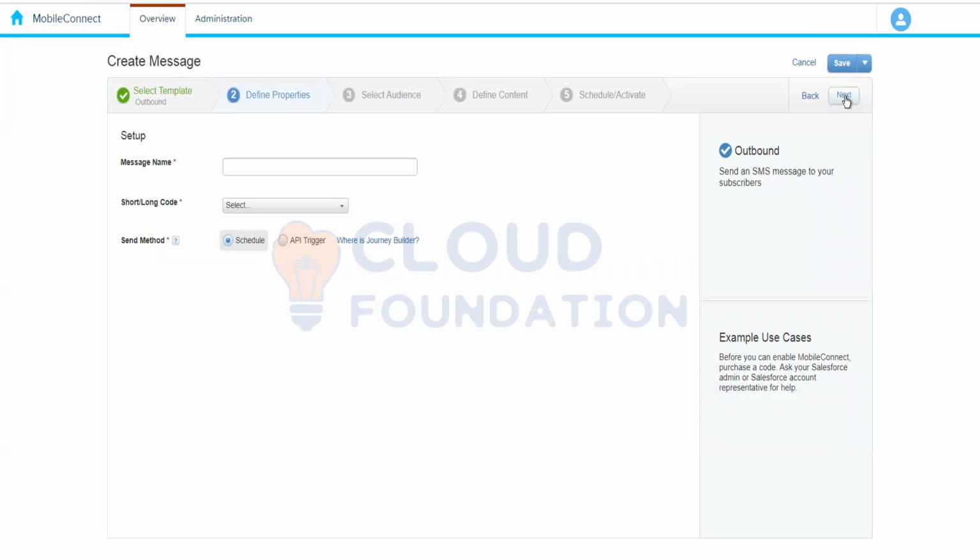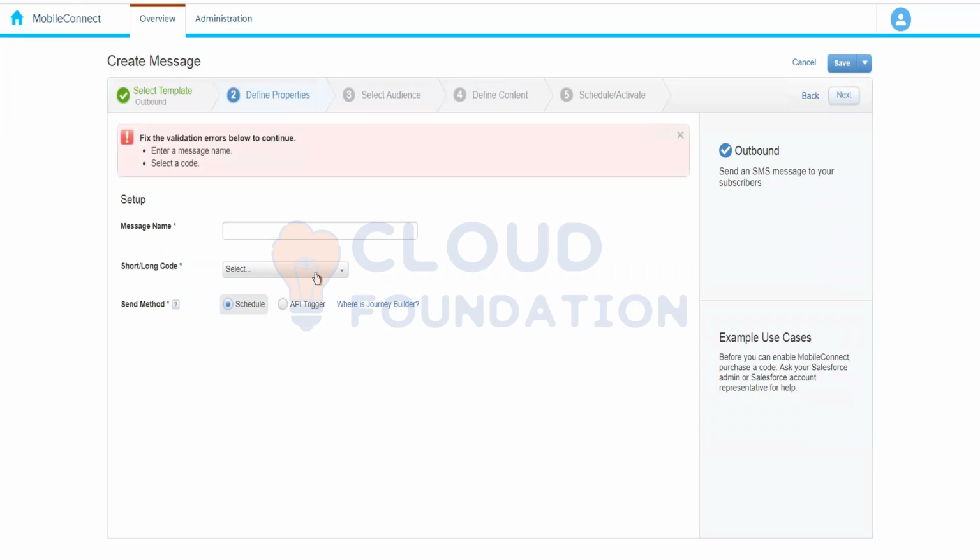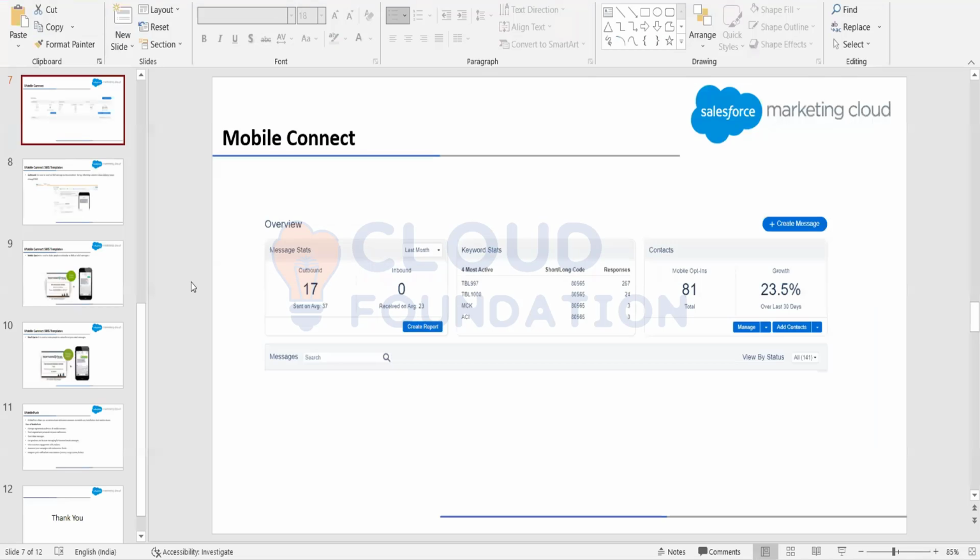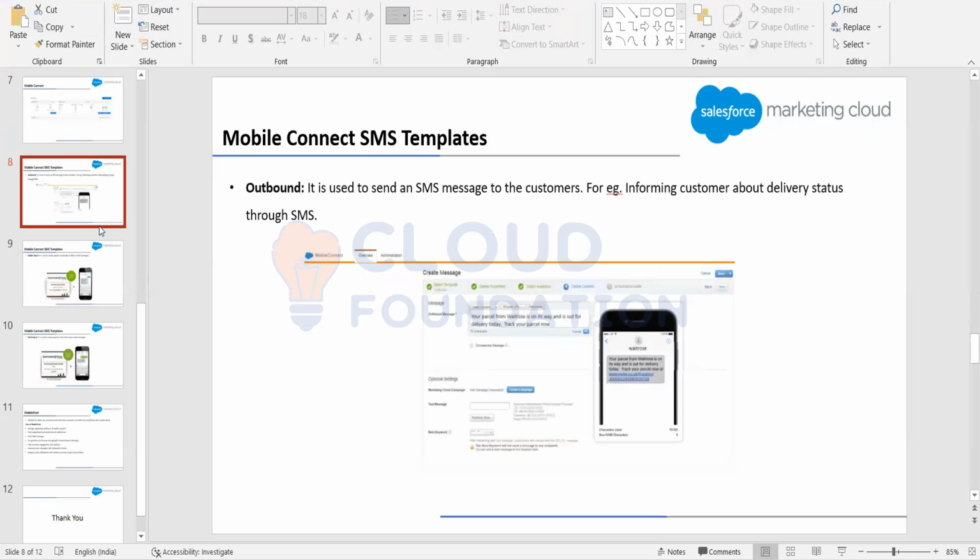We cannot proceed because we do not have a shortcode, and that is a mandatory field. So it will not let us go ahead. Let me show you some of the screenshots so that you get the idea what it looks like. So we have